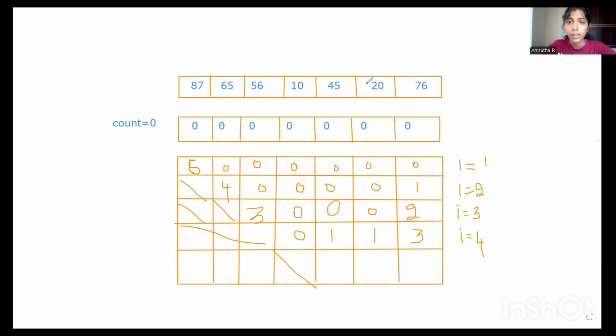Now we are comparing 45 and 20. 45 is greater, so increment the count. 45 and 76 is compared, out of which 76 is greater, so increment the count. And 20 remains as it is. That is, the count of 20 remains to be 1 itself. So this is our fifth iteration. And then we have one more iteration to